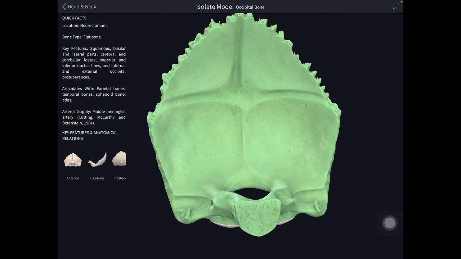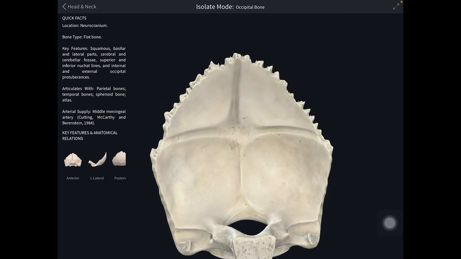Also many nerves are related to this bone. In the jugular foramen, the glossopharyngeal, vagus and accessory nerves are related to the jugular tubercle. The hypoglossal nerve passes through the hypoglossal canal. The spinal root of the accessory nerve passes through the foramen magnum. The greater occipital and lesser occipital nerves lie on each side of the external occipital protuberance. So these are again minute details of the occipital bone.